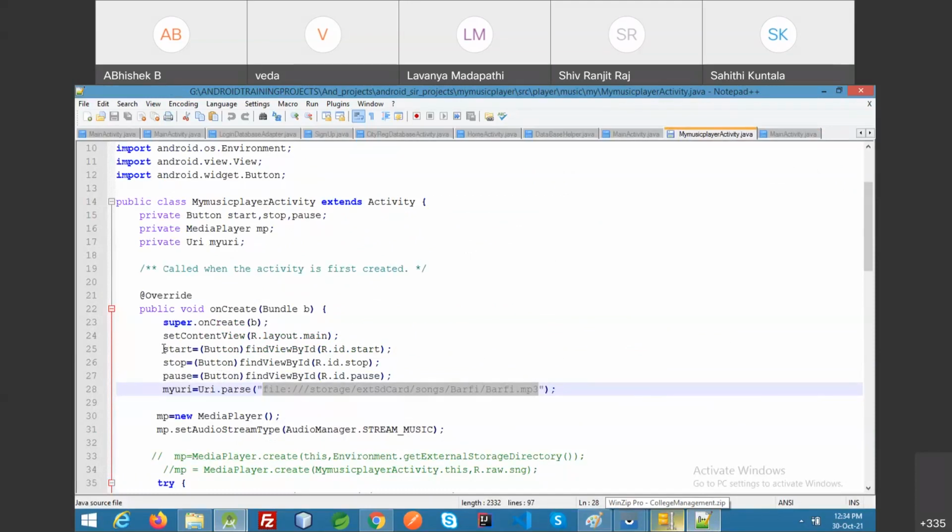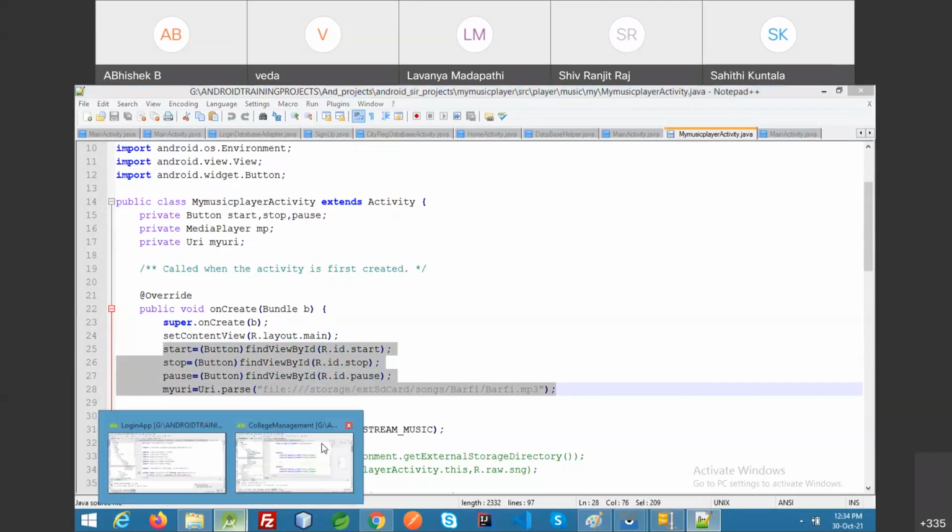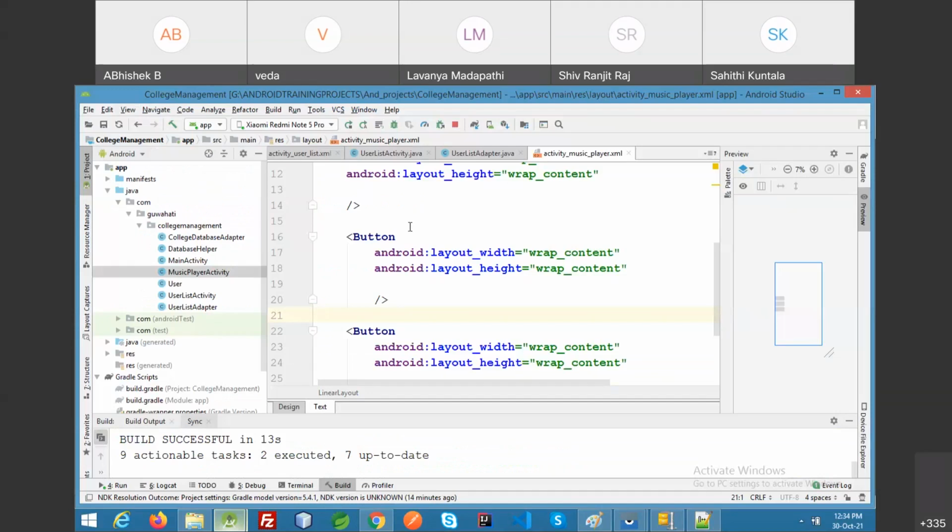So let me create that music player. Let's try it out. Three buttons.